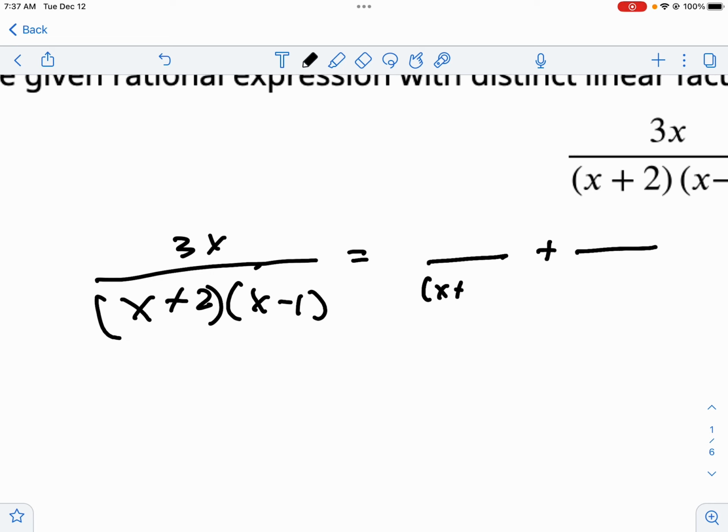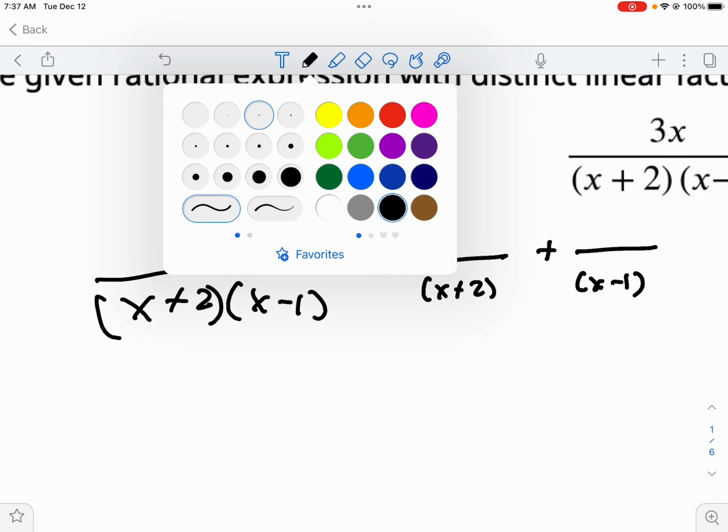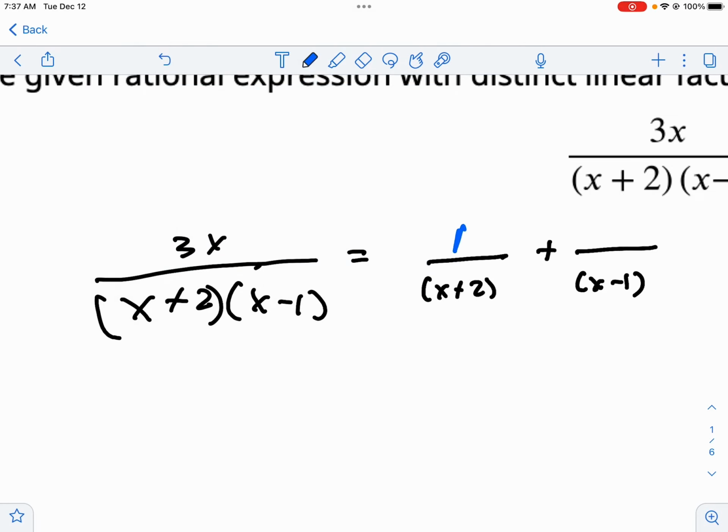The first part is x plus 2. Second part is x minus 1. And then there's going to be a number on top. I don't know what that number is. So I'm going to call it a. There's going to be a number on the other side. I call that b. So the goal is to find what a and b are, so that we have a